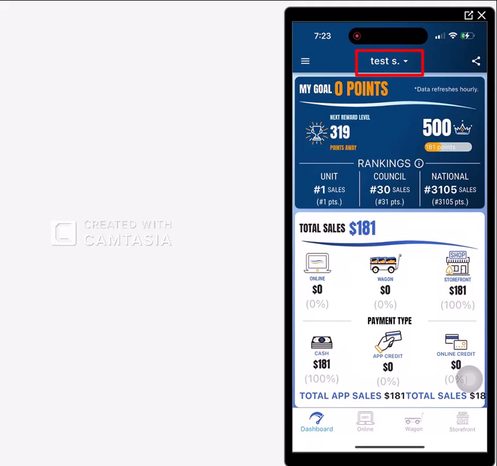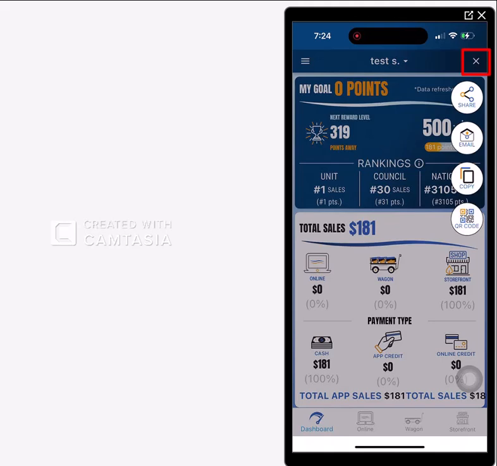At the top, you will see that there is my Test Scout account. If I have more than one scout using the same email address, you can simply go ahead and click on the arrow and click Switch User to switch to an alternate user. In the upper right-hand corner, you can click the Share button to share your page via email, copy, or a